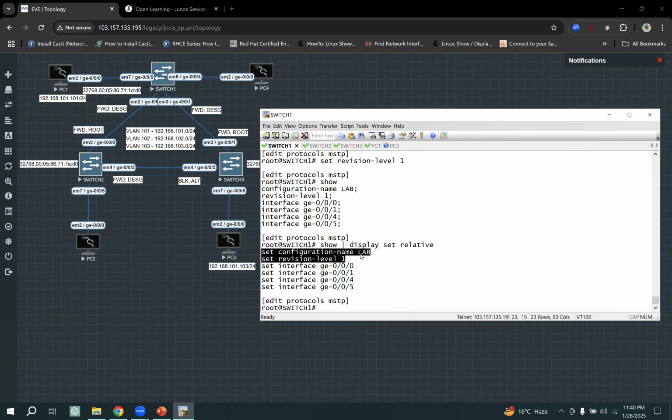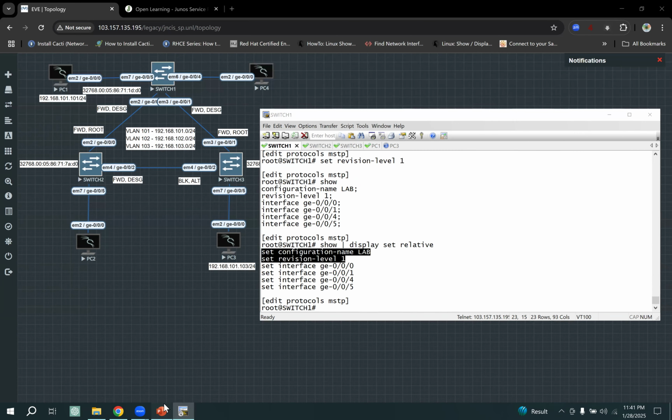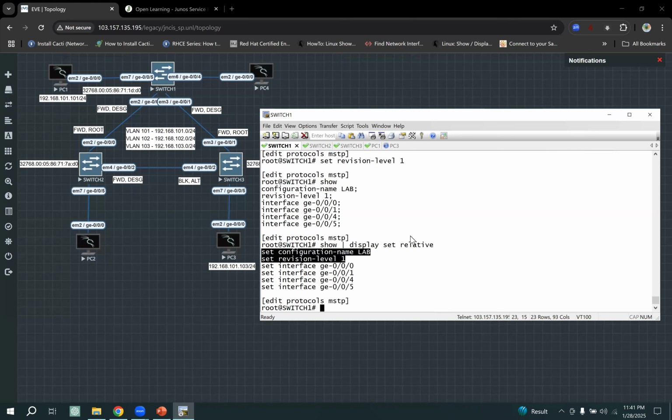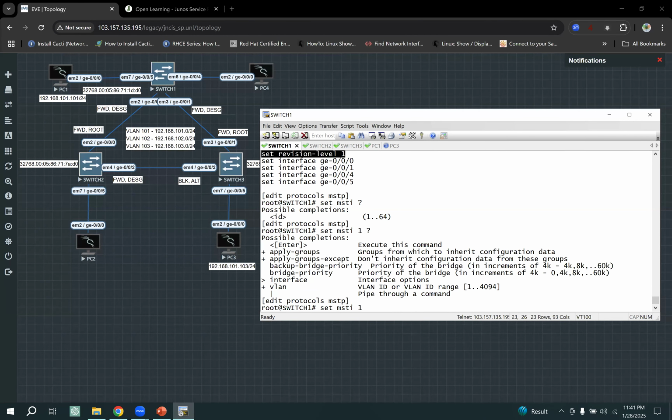This is my configuration. Configuration name is lab and the revision level is 1. So configure the same, done. And the last one is MSTP instance. MSTP instance 1, MSTP instance 2. You can set up to 64 MSTP instances. So set MSTI, set the number 1 to 64, set the number 1, and